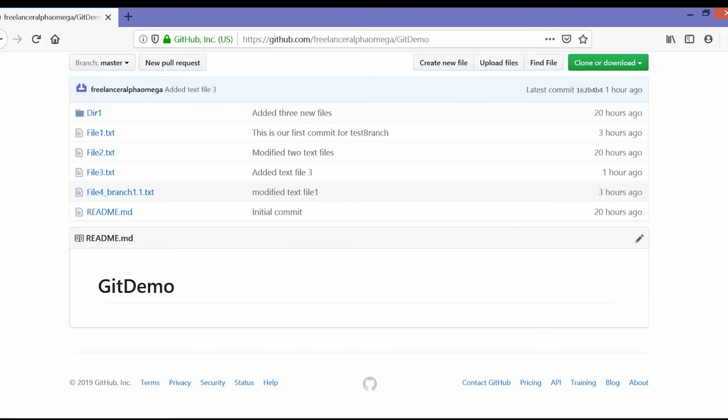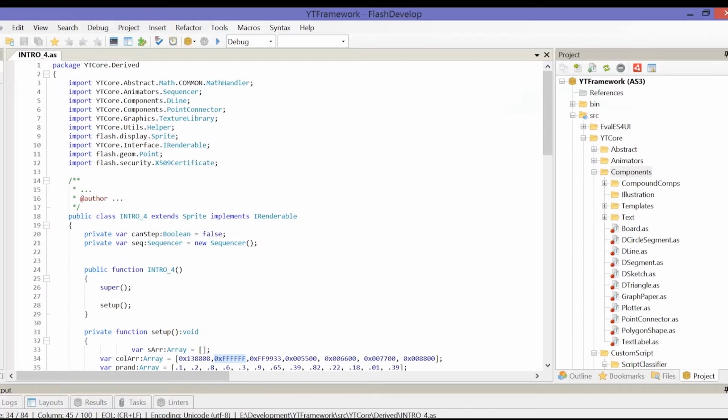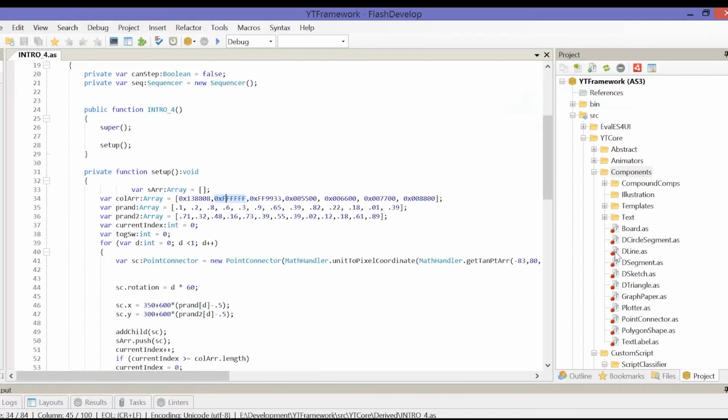Okay, so these are the bare essentials that you need to know in order to start using Git. Of course there are some advanced topics, but in this video I'm not going to cover that. You can just check out the Git documentation and also Google for references. And believe me, when there are lots of files involved, maybe you are working on a big project, like I'm working on a project right now and it has hundreds of files,